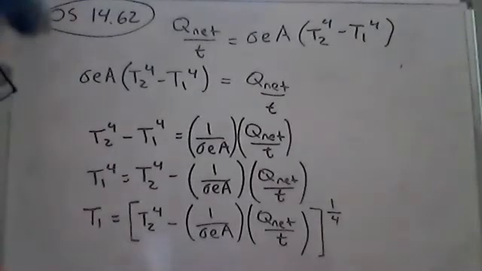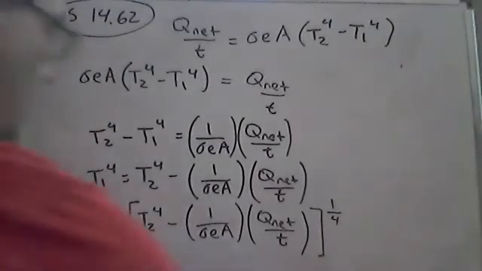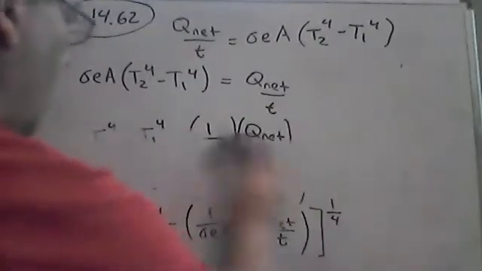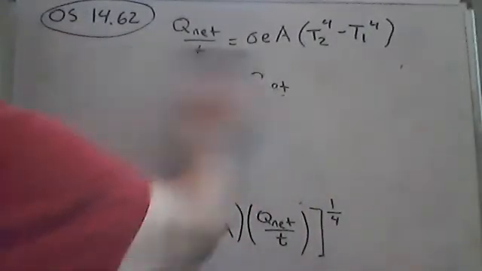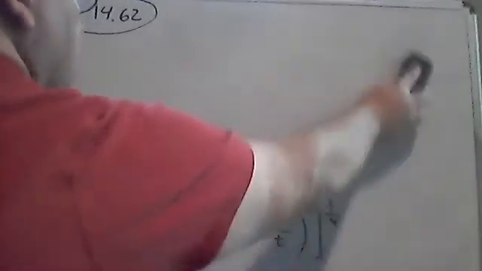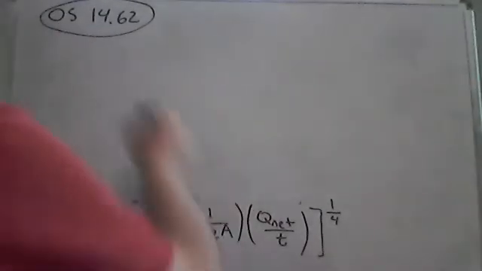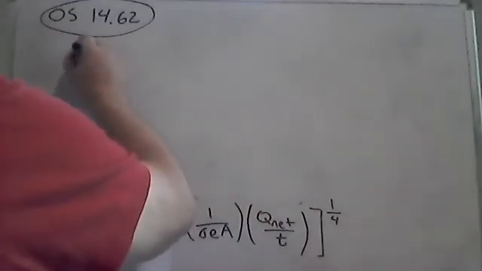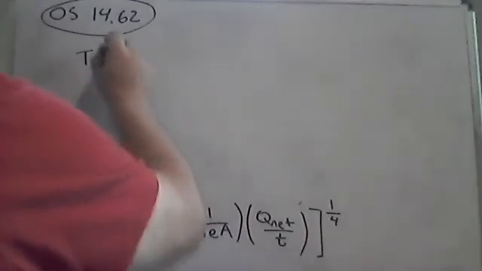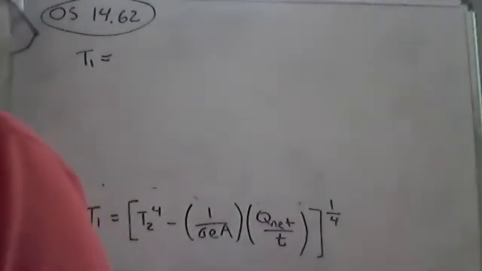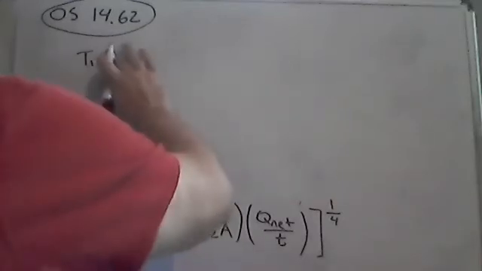All right, so let's plug in the numbers now. We're ready to go. So I'm going to erase all this. I mean, again, if I had more whiteboard, I would just continue and leave everything that you see written, but we don't. So T1 is equal to, okay, T2 to the 4th, that'll be,